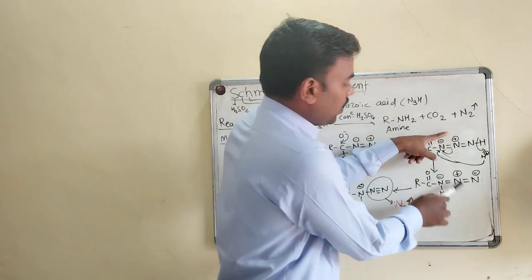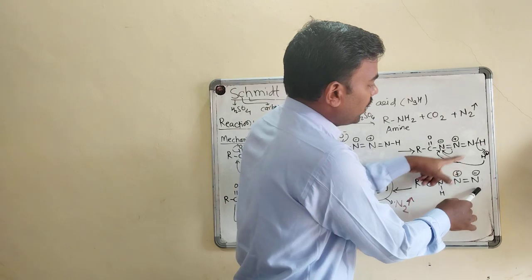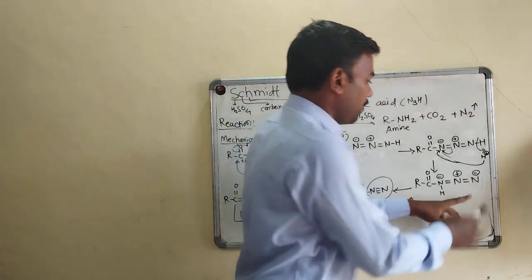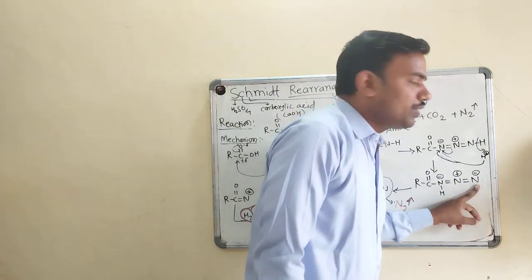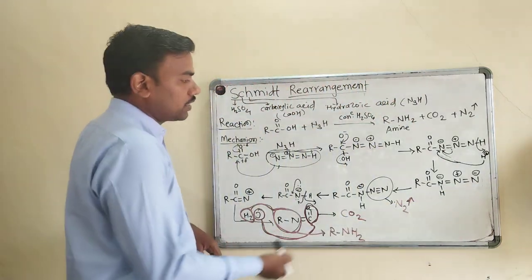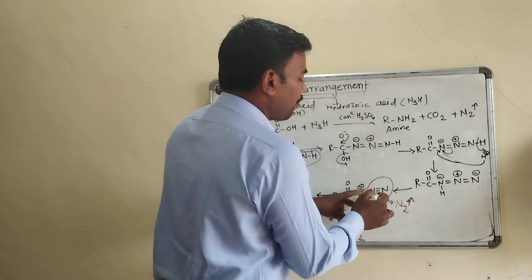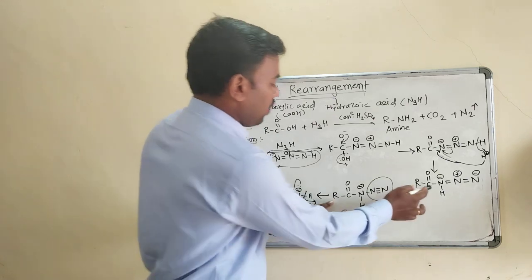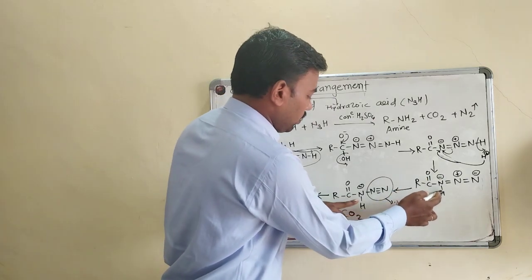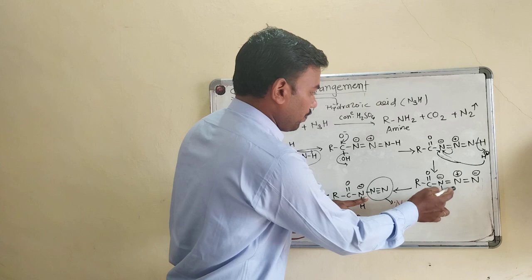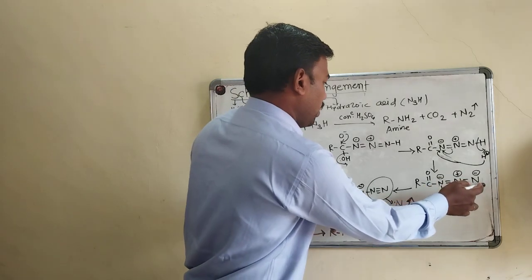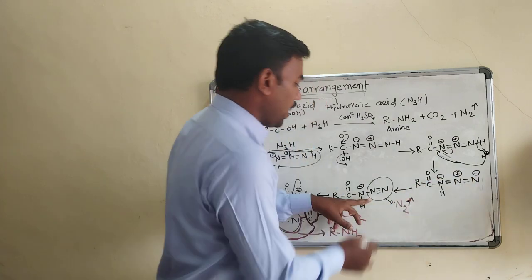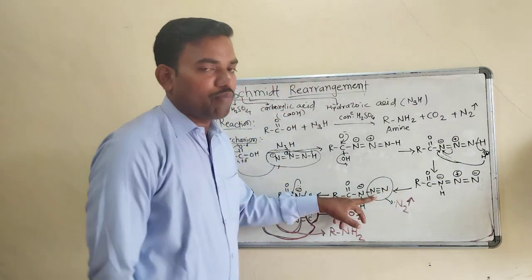Then this is nitrogen N plus double bond N minus. So as the hydrogen left, here the nitrogen acquires a negative charge. So what will be the further structure? See, formation of the nitrogen triple bond will take place further. See, R C double bond O, N minus, that is NH, double bond N, double bond N. This bond is shifted over this, and the nitrogen triple bond is getting formed.